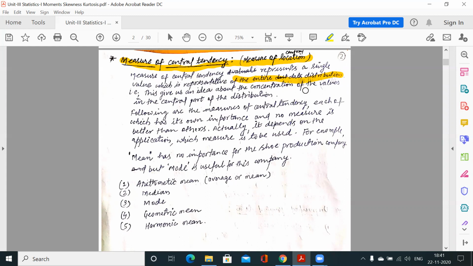So for example, suppose I ask one student who studied 10 subjects in the last semester how many marks he got in each of the subjects. He will tell me that he got, suppose, 90 in mathematics, 80 in chemistry, 84 in physics, and in English, I assume, 75. So in all the 10 subjects he tells me how many marks he got.